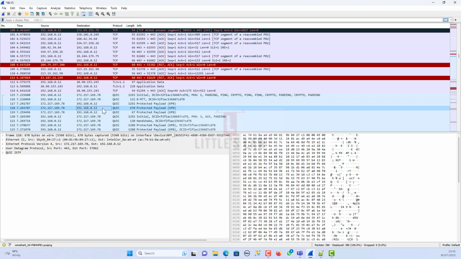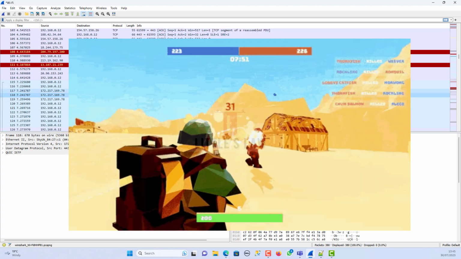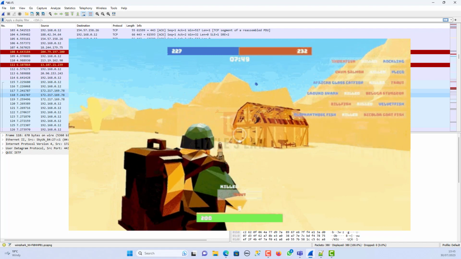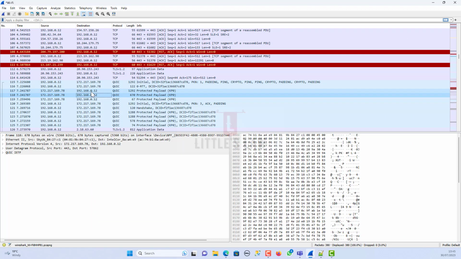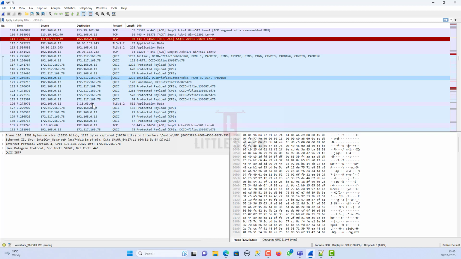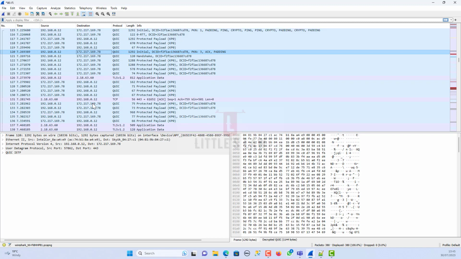But why is this important? Imagine you're playing an online game and it is lagging like crazy. It's frustrating, right? So Wireshark can come to the rescue. It helps us to find where the lag is coming from by analyzing those packets. It is like using a magic magnifying glass to spot where the problem lies.